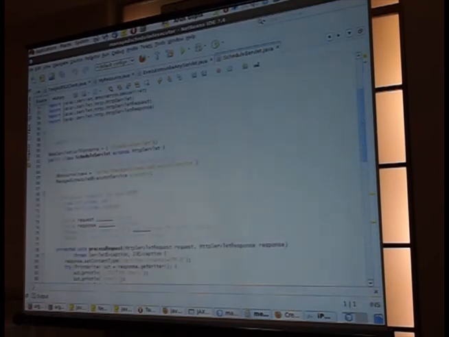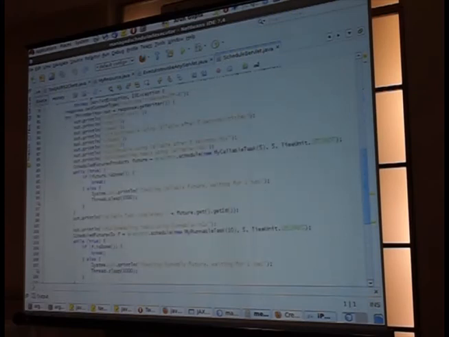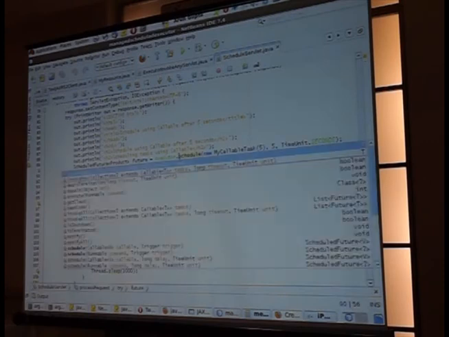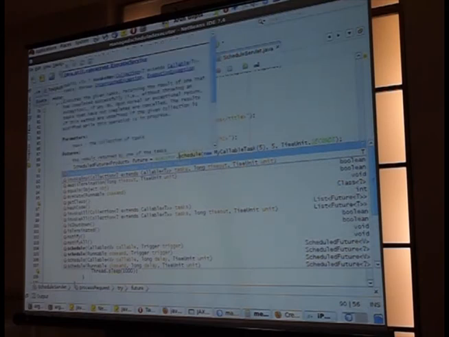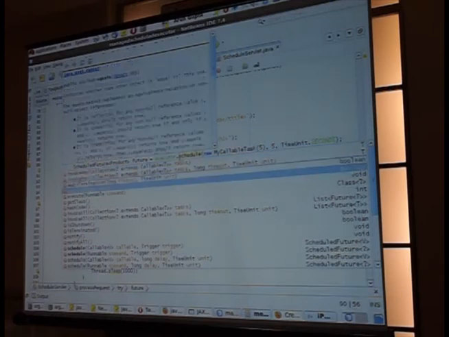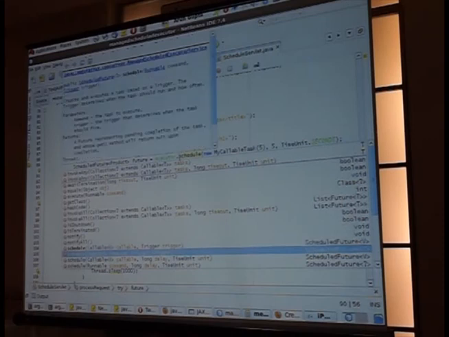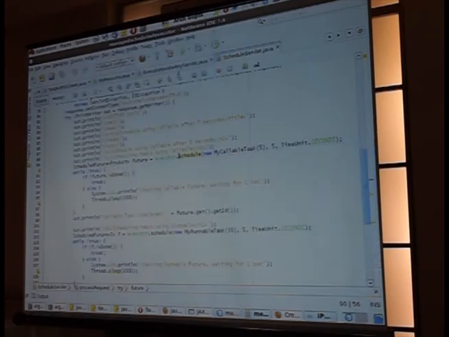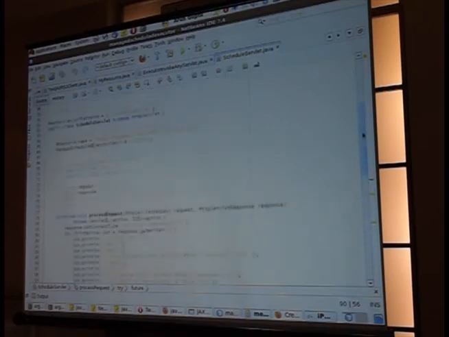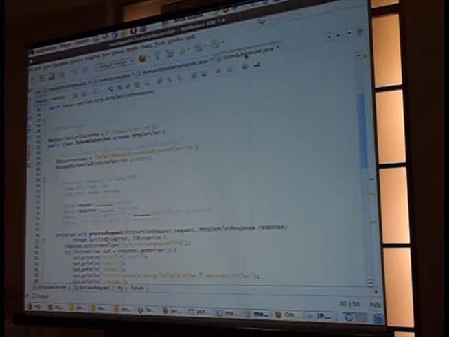I'm just injecting a managed scheduled executor service here. And when I schedule my tasks, I can specify a callable task or a runnable task. If I look at the methods that can be called, these are all the standard methods. I'm not adding any new methods to this interface. Execute, invokeAll, isShutdown, schedule, all of those methods can be called, just like Java SE. Now I can inject it here, which is the default service, but what you can also do is